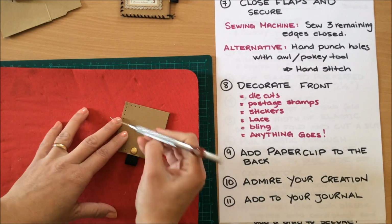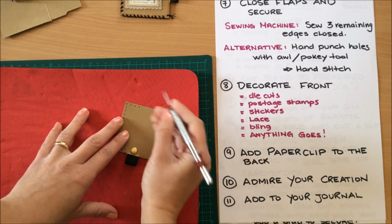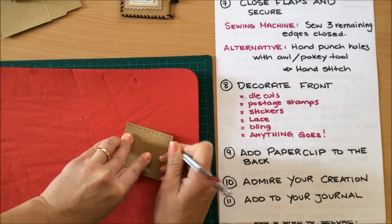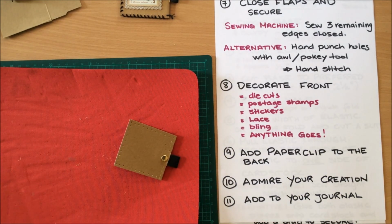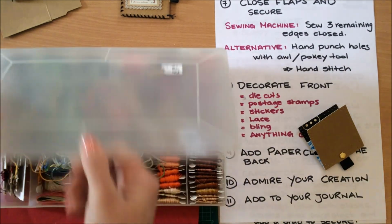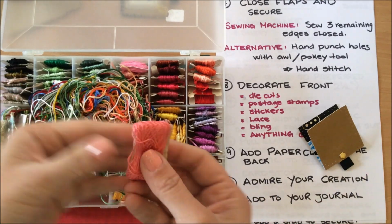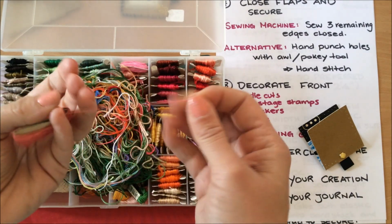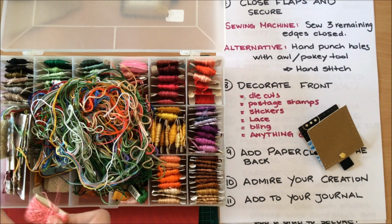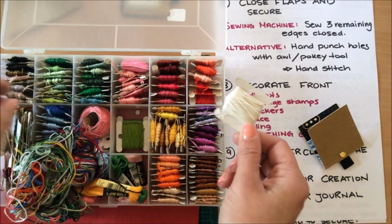You can do some patterns, like one hole here, then one up here, then one here, then one up here. That would look pretty cool. So now I want to choose embroidery floss. It doesn't have to be embroidery floss. If you have thick thread like this, you can use something like that to hand stitch. What am I going to do? I'm going to use white